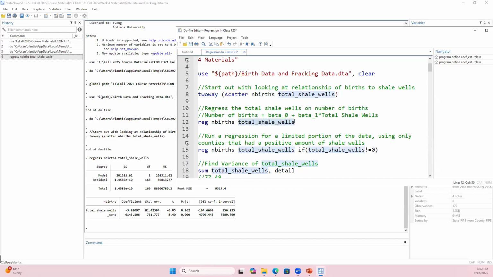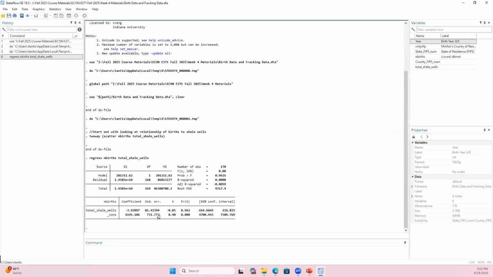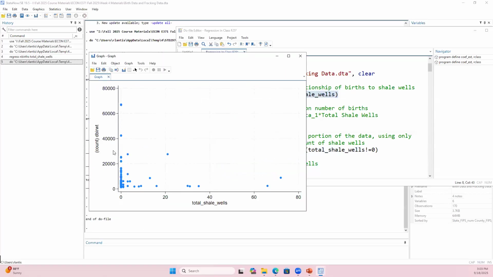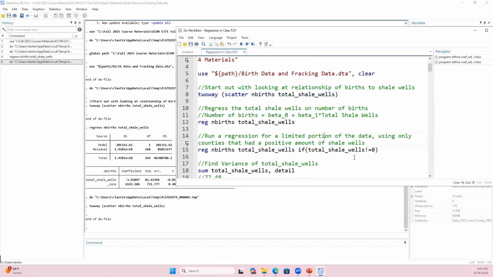So I can do different things. When I run this regression, I look at this output, and it actually looks a little different than what I showed you in class, because I'm using all the data here, and the R squared is basically 0. But when I was looking at that scatter plot, this is where I can go back and rerun. Notice there are a lot of counties with zeros. It might be that so many counties with zeros are skewing my data a little bit. So let's look at every single county that has at least